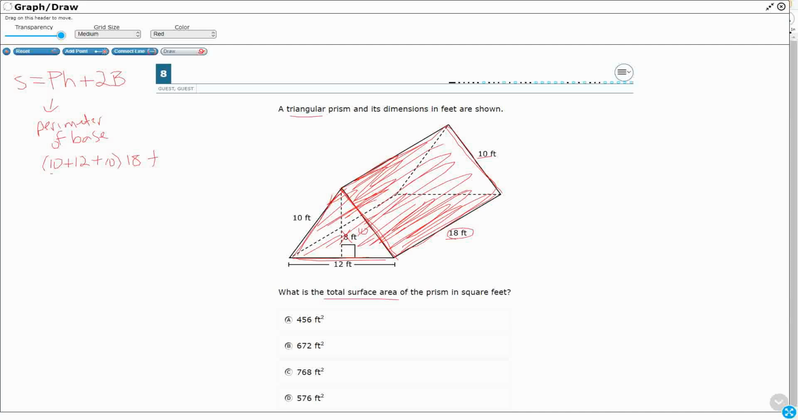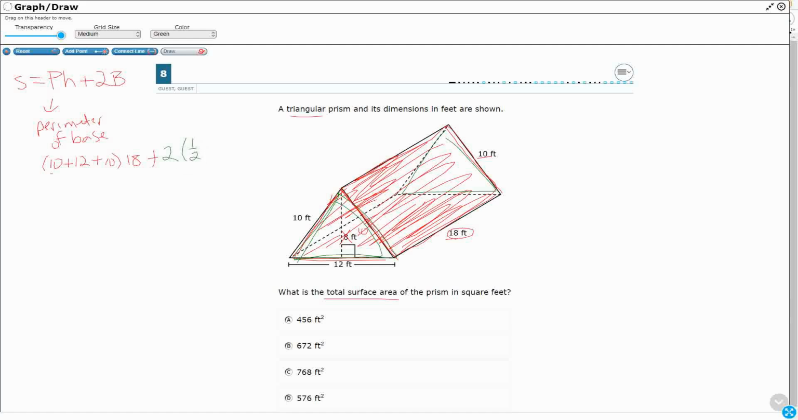So when you do the perimeter times the height, basically you're taking care of the lateral surface area because it's base times height, base times height, base times height. You're adding them all together. Now, what we need are the two bases. Okay, so we need the area of this triangle and this triangle. So it's 2B. So it's 2 times, and then how do we find the area of a triangle? Right, it's going to be 1/2,